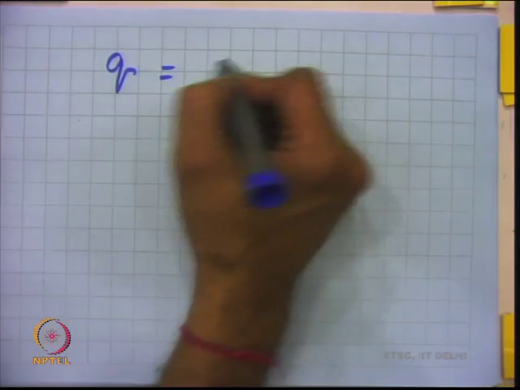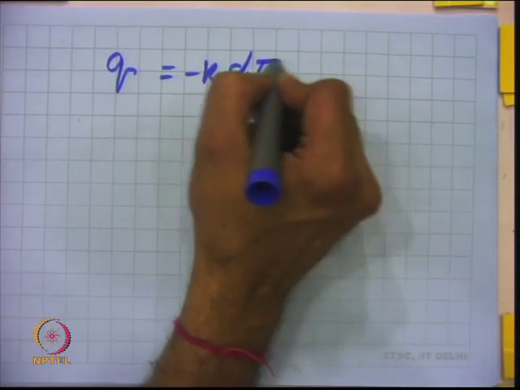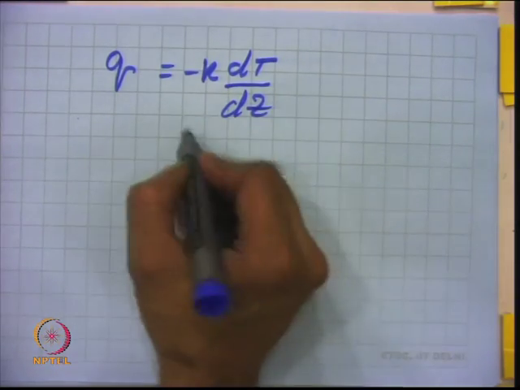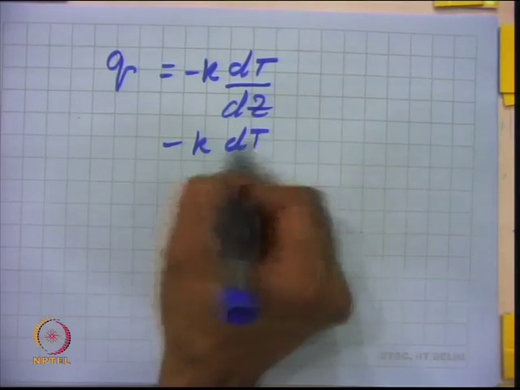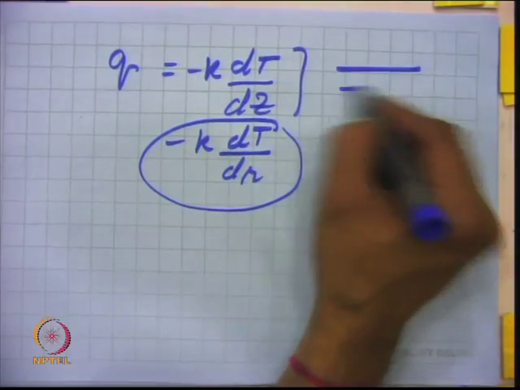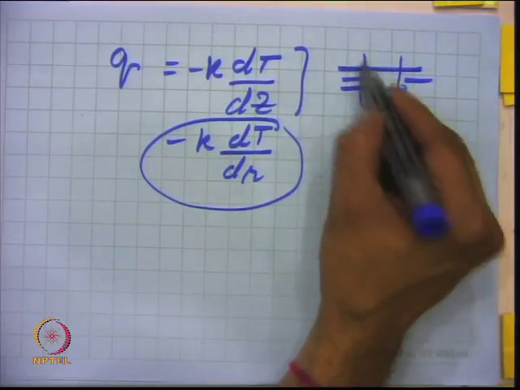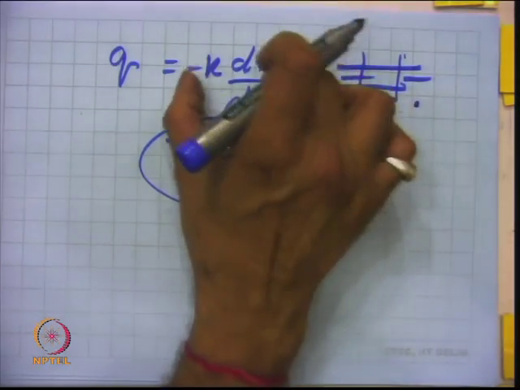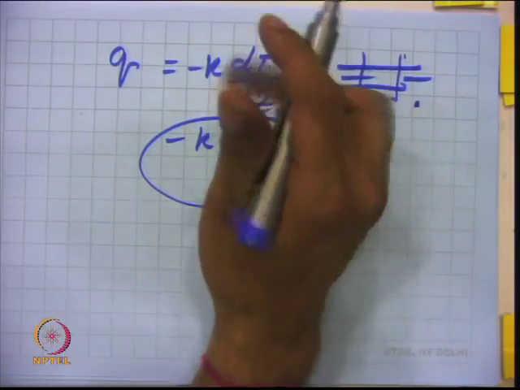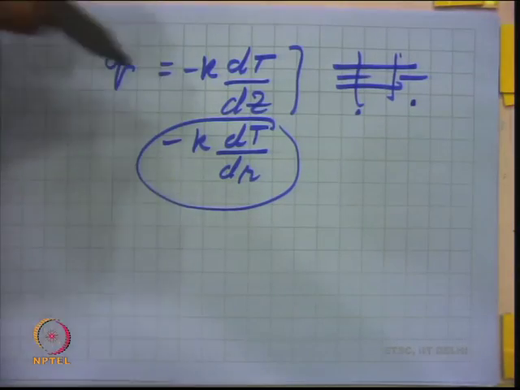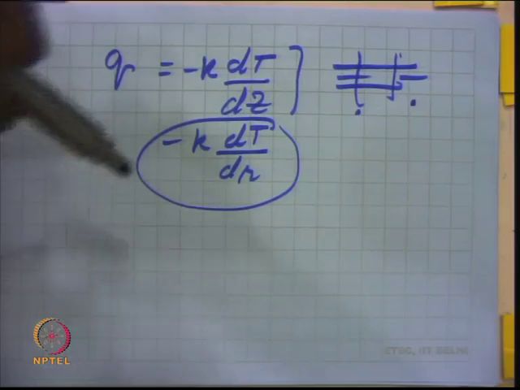If you remember Fourier's law of heat conduction, q will be minus k dT by dz in the direction of flow, or minus k times gradient of T, or minus k times dT by dr for the transfer of heat in the radial direction. So, heat transfer because of conduction at z and heat transfer because of conduction at z plus delta z. This will give you a term like minus k d2T by dz square. That is the additional term which will arise and affect the performance of the reactor.